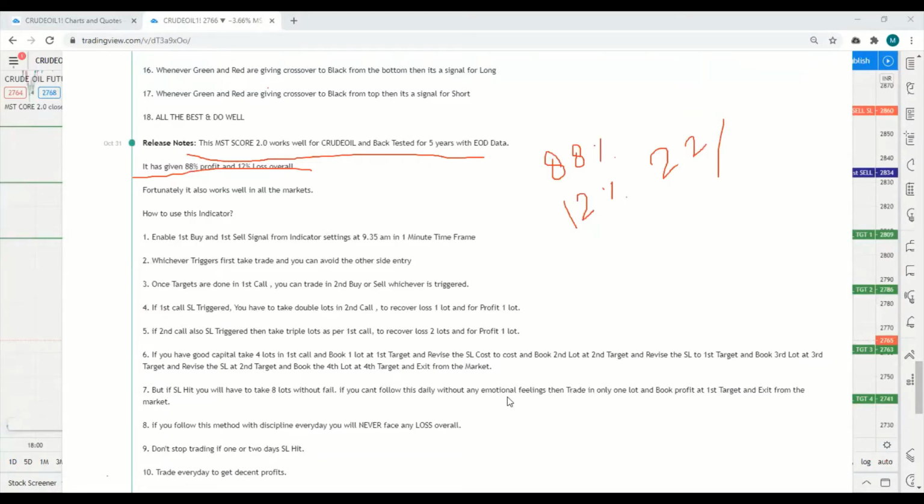So 22 into 27 points first target, so we are getting 594 points. How many points are we getting? 594 points, if 88% is the success rate,